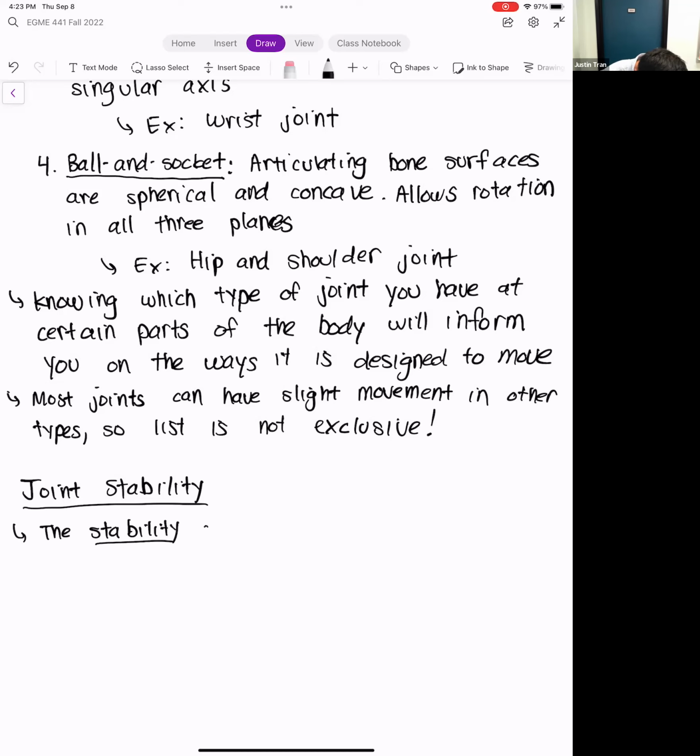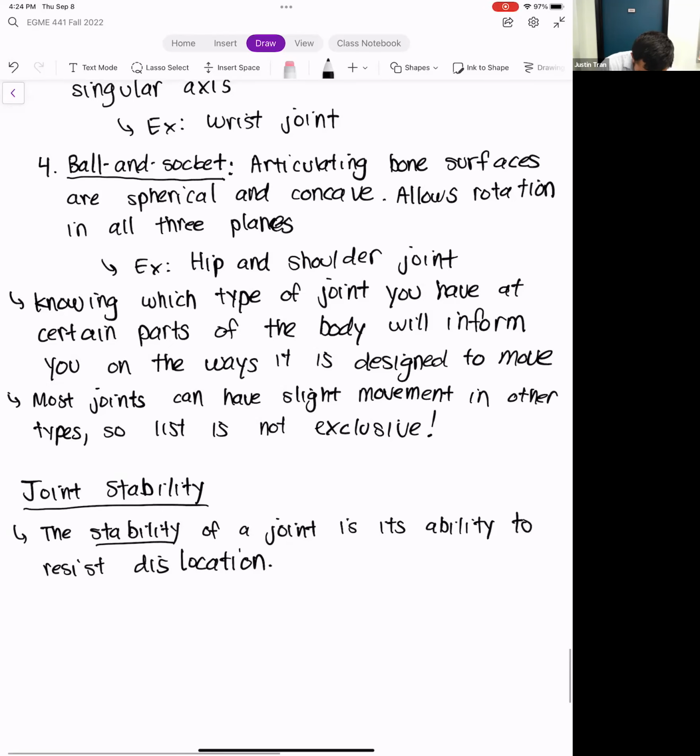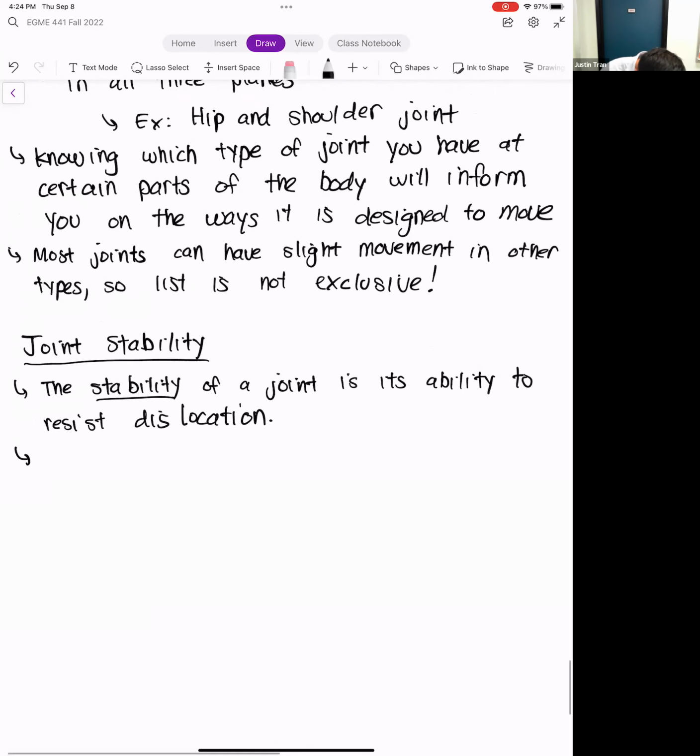And so a stable joint is a good joint, and you generally want stability in your joints. There's a lot of factors that go into determining joint stability, and some of the factors that contribute to it are